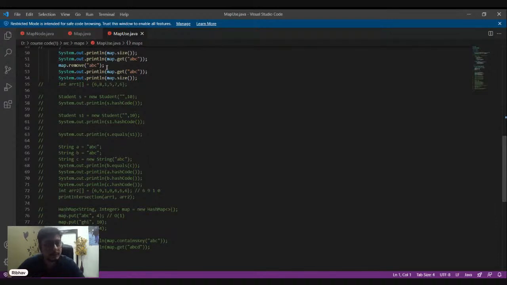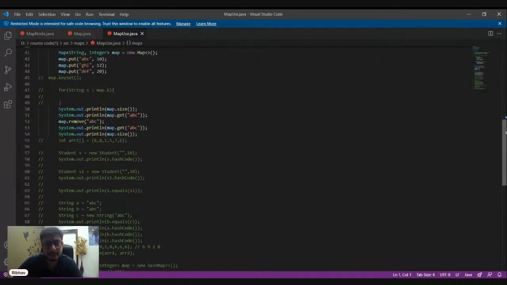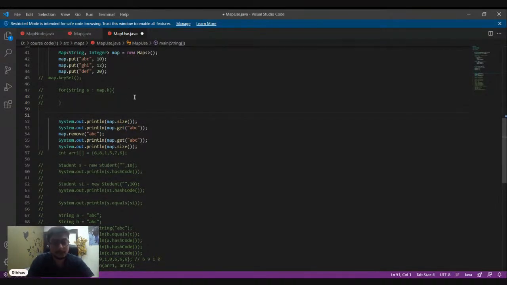And basically a hash map has three major functions, right? These are the major functions: get, put, size, right?